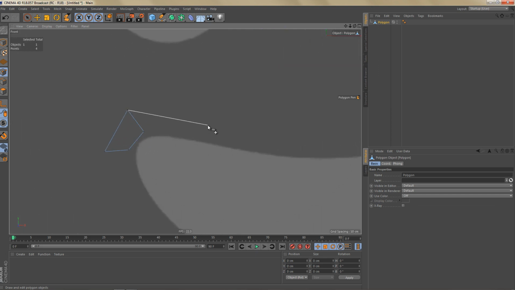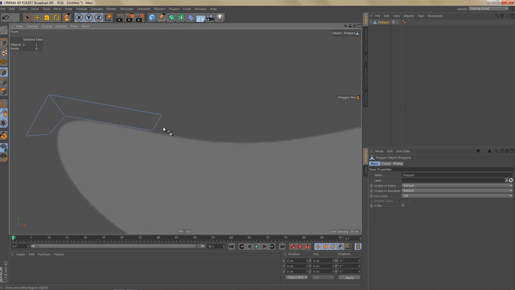We could continue doing this by left clicking and creating more polygons, but that's actually not the best way to use the polygon pen tool. A much faster and more efficient way of creating polygons using the polygon pen tool is to hold down the control key and then left click and drag on an edge, and we can create polygons like this. So this will be much faster. So I'm going to create 2 polygons here,